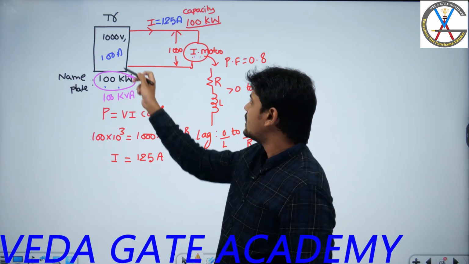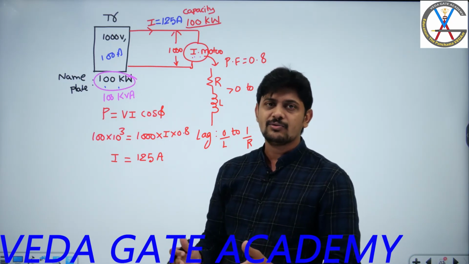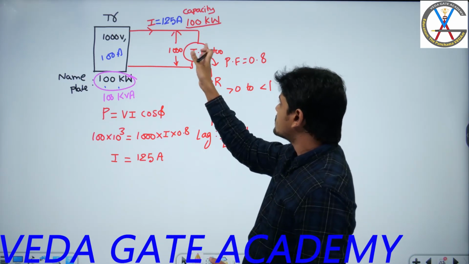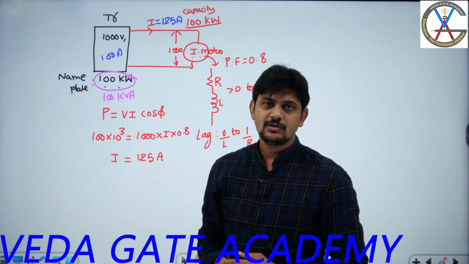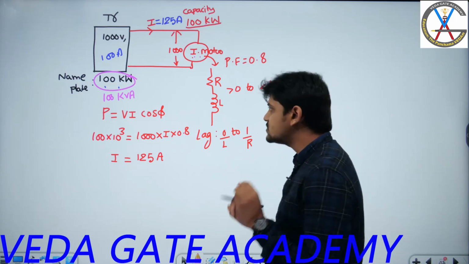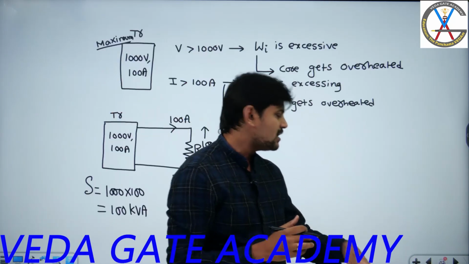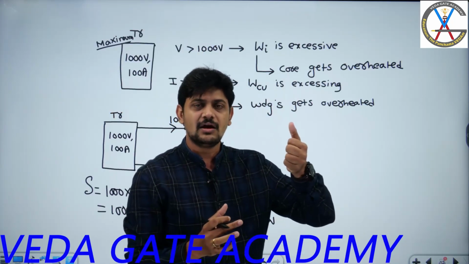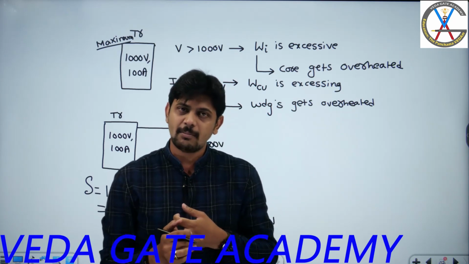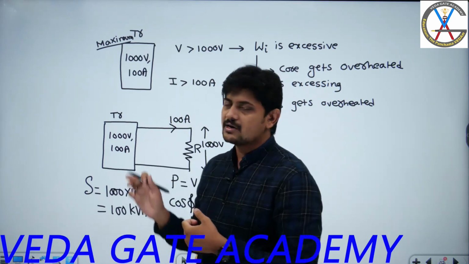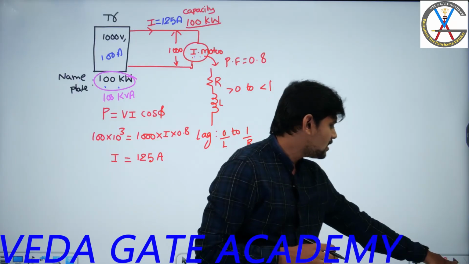If I mention the apparent power, then for the given voltage I can understand the current carrying capacity, and accordingly the user may apply an induction motor that is not going to overload or overheat the windings. So the conclusion is that on the nameplate details, the power rating is mentioned as apparent power, because the temperature rise inside the transformer depends purely upon the voltage and current and is independent of the power factor. So that is the reason the transformer rating is always mentioned as apparent power.